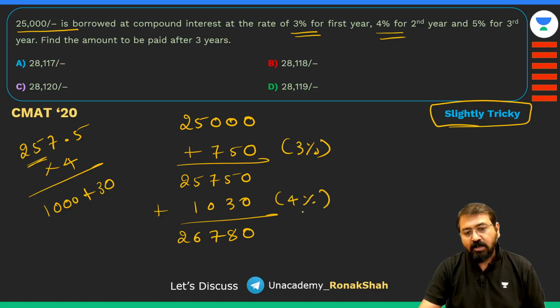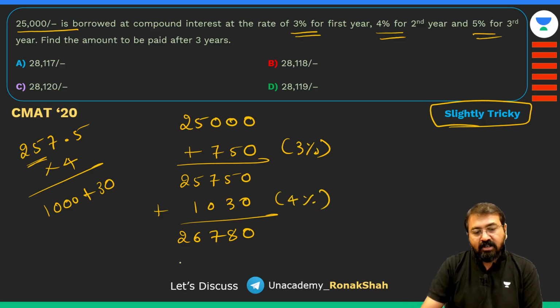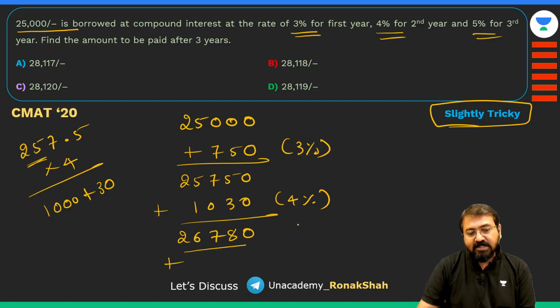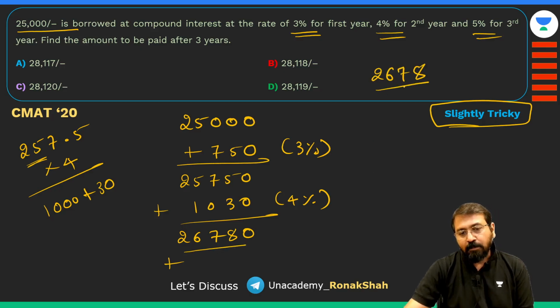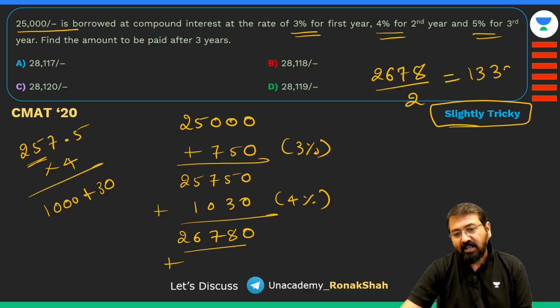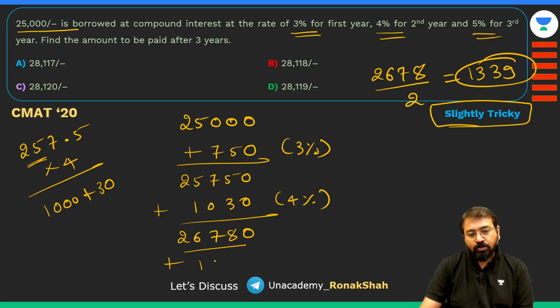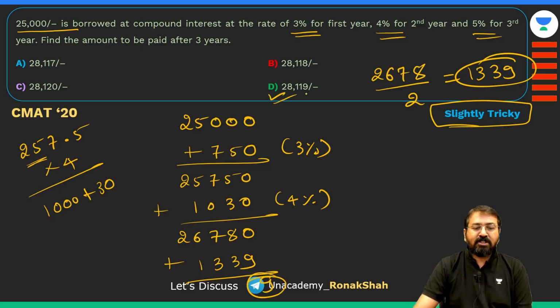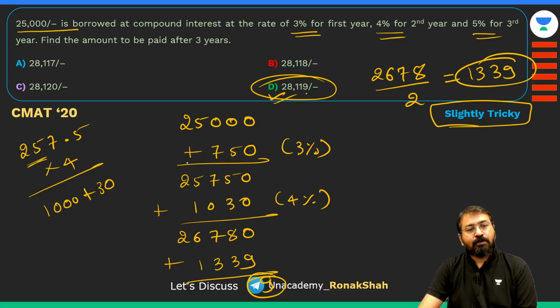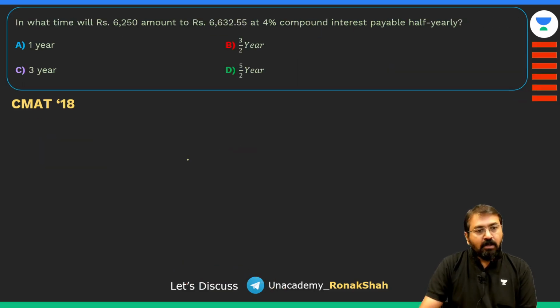ये हमने 4% इंटरेस्ट जोड़ा, और फिर हमें 5% इंटरेस्ट और ऐड करना है। तो अब इसका 5% निकालना आसान हो जाएगा। क्यों, क्योंकि इसका 10% होता है 2678, तो 5% हो जाएगा उसका आधा, which is 1339। तो इसमें हमें 1339 जोड़ना है, ठीक है ना। तो दोस्तों ये कितना आ जाएगा आपका, 26,780 में 1339 जोड़ेंगे तो लास्ट डिजिट तो 9 आएगा। 9 वाला एक ही ऑप्शन है, तो वो करो और जाने दो। समझ में आया दोस्तों कैसे किया इसको। चलो आगे बढ़ते हैं।